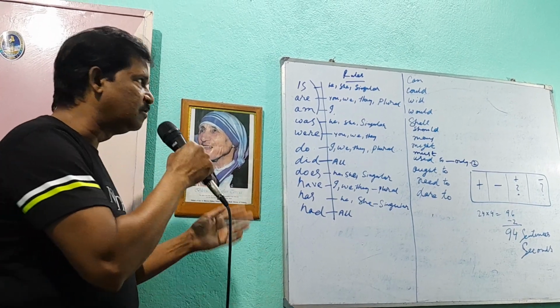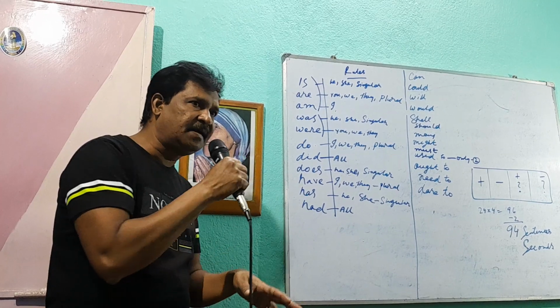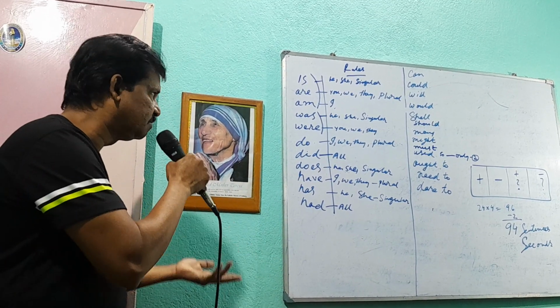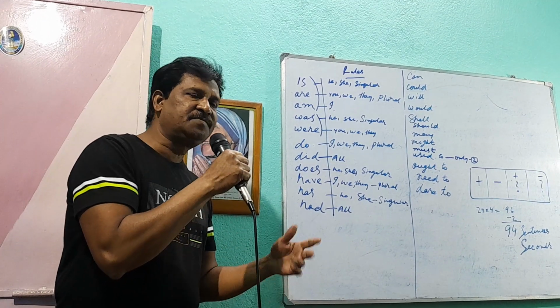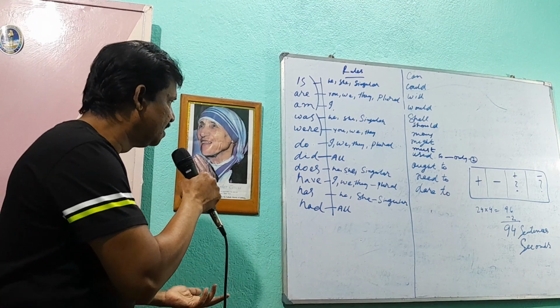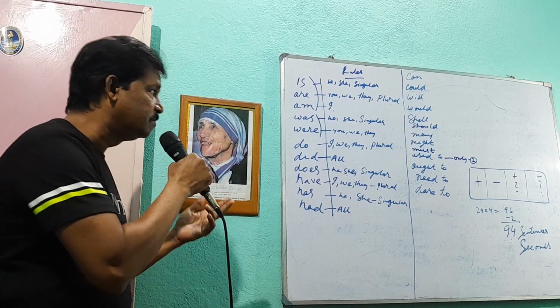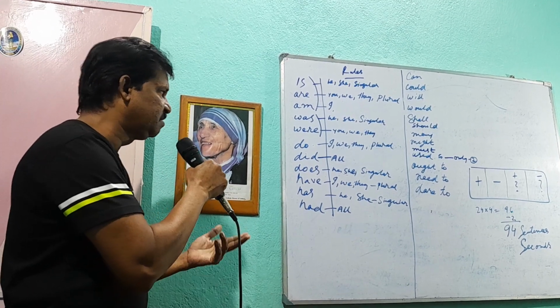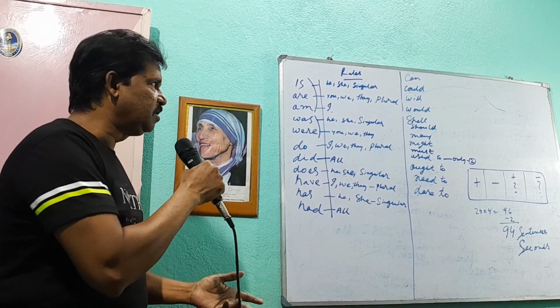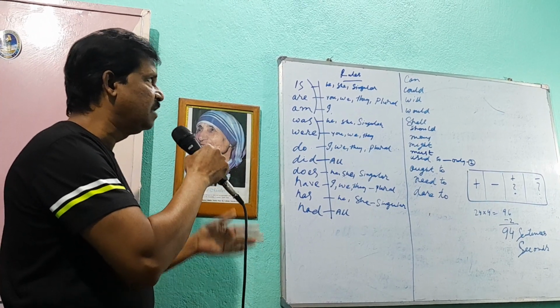I do drink milk, I don't drink milk. Do I drink milk? Don't I drink milk? He did come to my house, didn't come to my house, did he come to my house, didn't he come to my house? She does speak English, she doesn't speak English. Does she speak English? Doesn't she speak English? I have taken the book, I have not taken the book. Have I taken the book? Haven't I taken the book? She has given me the money, she has not given me the money. Has she given me the money? Hasn't she given me the money? They had broken the window, they hadn't broken the window. Had they broken the window? Hadn't they broken the window?